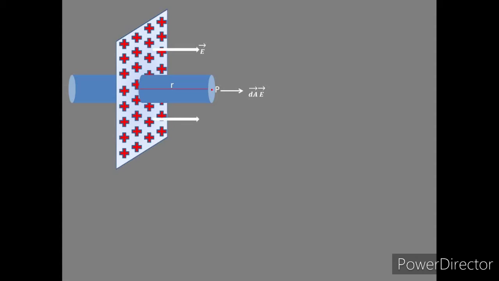On either side of this charge sheet I am going to consider the electric field lines, which should be away from the charge sheet. And this is your Gaussian surface, which is a closed imaginary surface. Here on the curved surface I am going to consider a very small, infinitesimal area, and the area vector for this is considered perpendicular to that area.